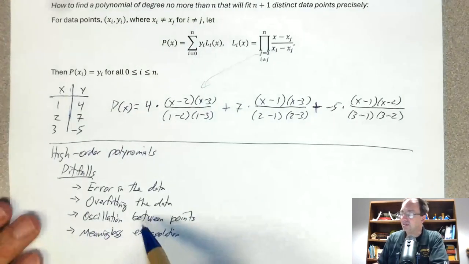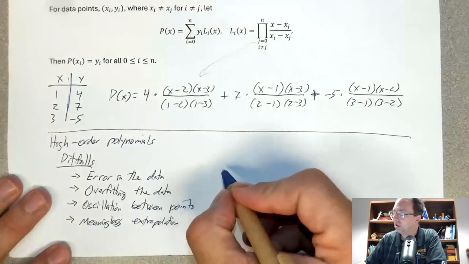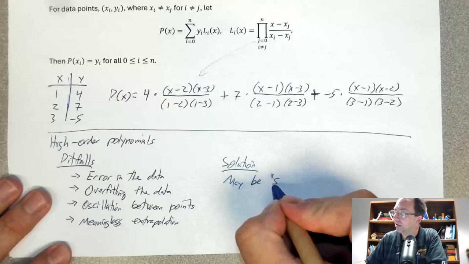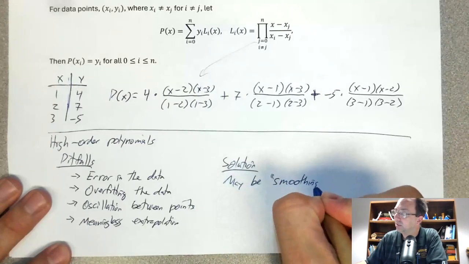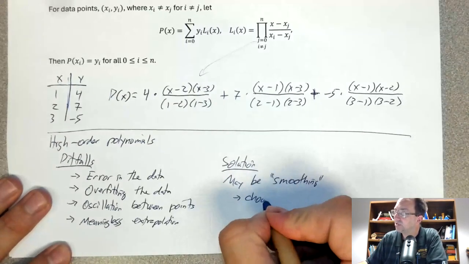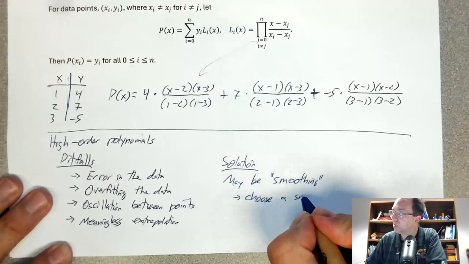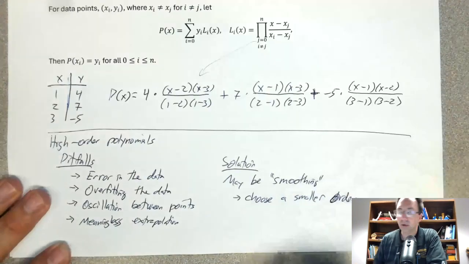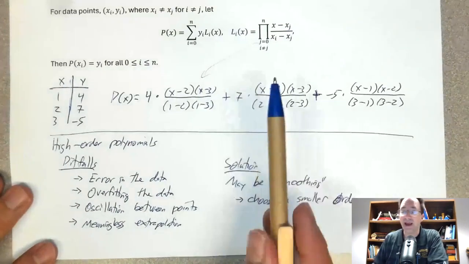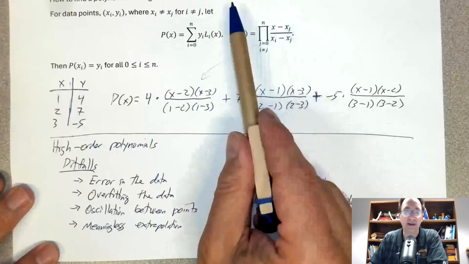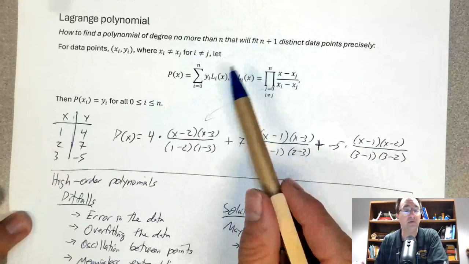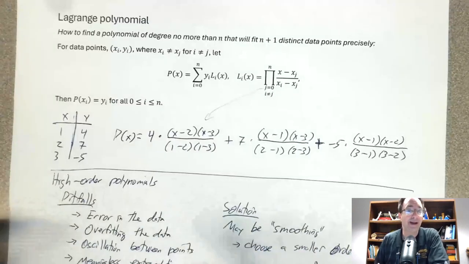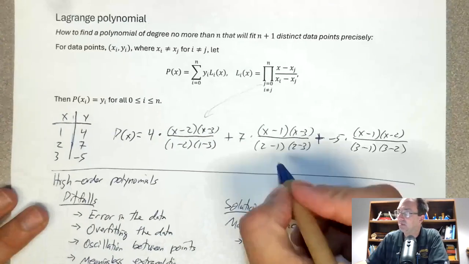So if you do run into some of these things, then the solution may be smoothing your polynomial. In other words, you might want to intentionally choose a smaller order, a smaller degree. So it seems nice that if I have, say, 13 data points, I can find a polynomial of degree 12 and it will be a perfect fit, which from the perspective of SSE, I'm guaranteed an SSE of 0, right? Maybe that's worth mentioning